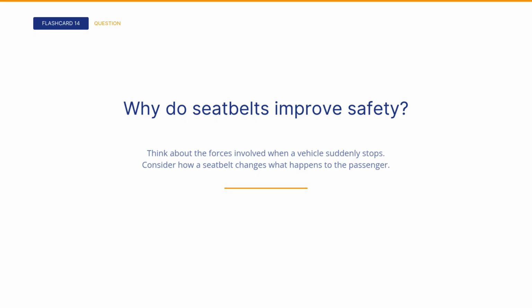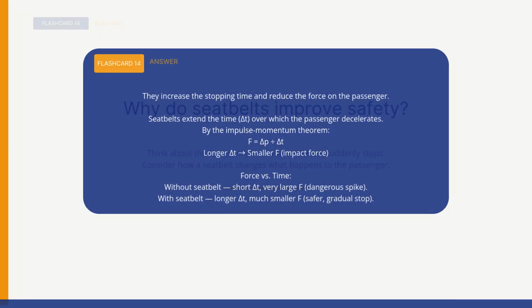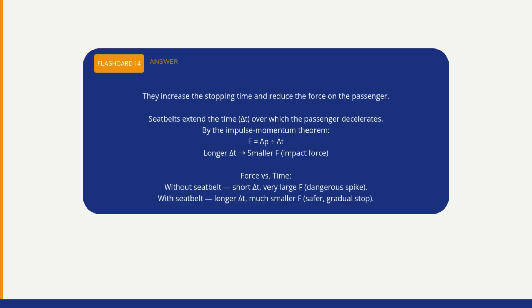Flashcard 14. Why do seatbelts improve safety? Think about the forces involved when a vehicle suddenly stops. How does the seatbelt change what happens to the passenger? The correct answer is: seatbelts increase the time over which the passenger comes to a stop and reduce the force